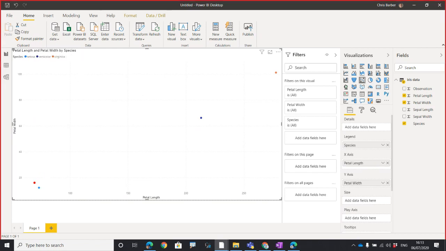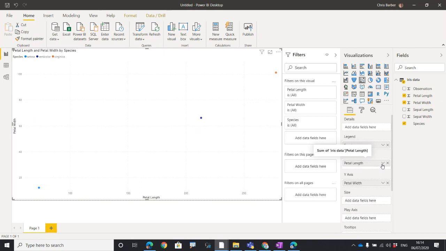Now, currently, we've only got 3 data points in our visual, which isn't very helpful. We know we've got 150 records. So what we want to do is change it so that we're actually seeing all of those 150 points so we can start to look at the data. And the way that we do that is if we go over to petal length here and we hit the down arrow